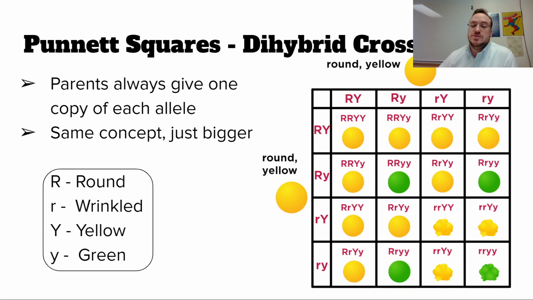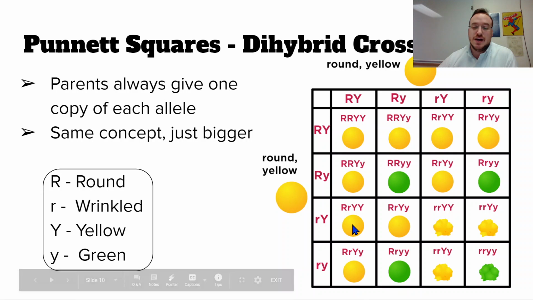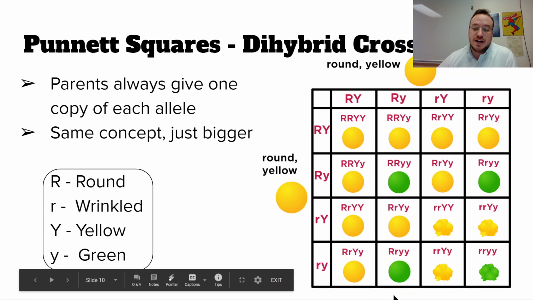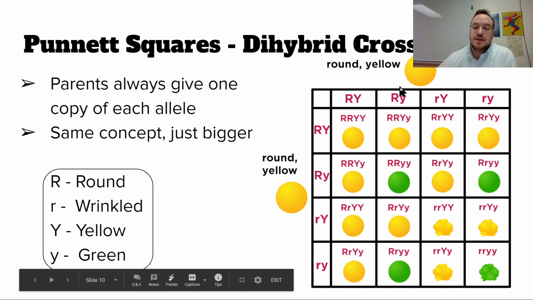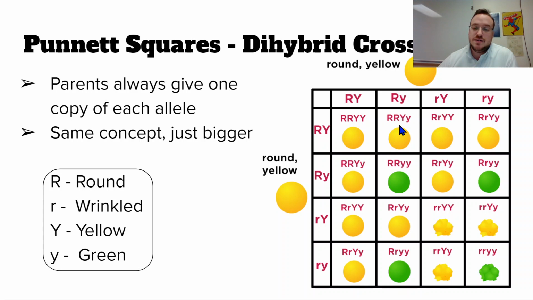So we're going to do the same thing that we did for the other Punnett squares. We're going to take this capital R and put it here for everything in this column. And you can work this out the same way. Take this capital R, put it everywhere. This lowercase r, put it everywhere. This lowercase r, put it everywhere. Bring this capital Y, put it here, and then here, and then here, and then here. And work vertically. And then work horizontally. This R is going to be put here in this second slot,